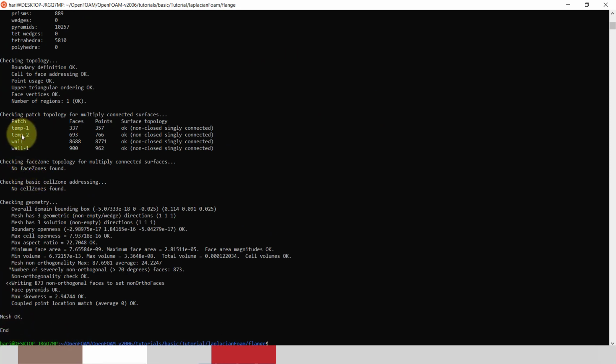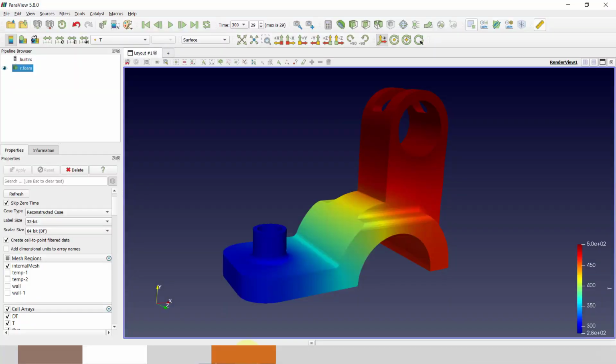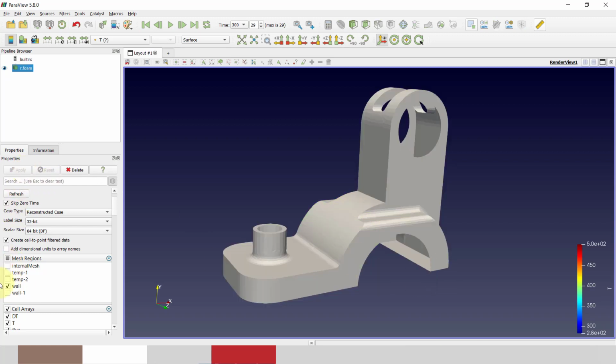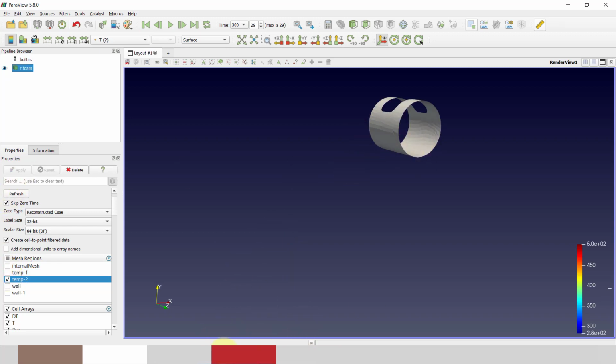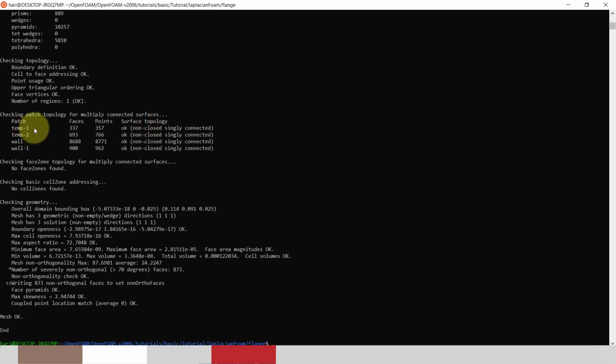In total, 4 patches are available: temperature 1, temperature 2, wall and wall 1. Temperature 1 we will give a boundary condition of 300 Kelvin. Let me plot this temperature 1. This one here, you can see that. This is temperature 1, this is temperature 2. So for the boundary condition, temperature 1 is around 300 Kelvin and temperature 2 is 500 Kelvin, and this wall and wall 1 is